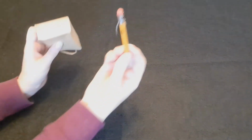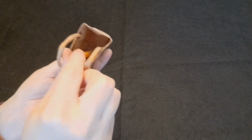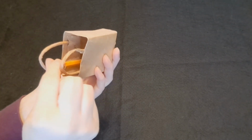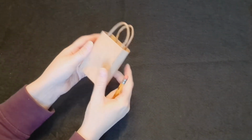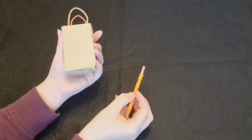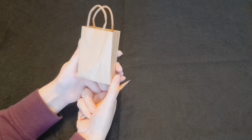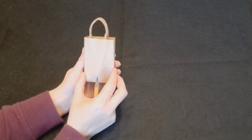All I did was take the end of my pencil and I shoved it down inside so that I wouldn't have to use my fingers on the hot glue. And that is my completed bag. Of course, I haven't put my decoration on it, but I would definitely suggest that if you want to put decoration on it, it would be easier to do when it's still flat, but I wanted to show you